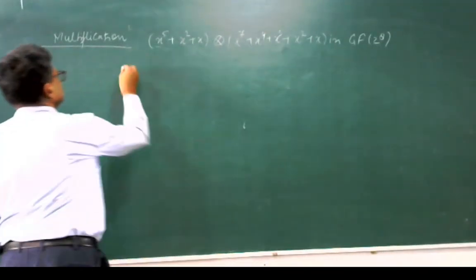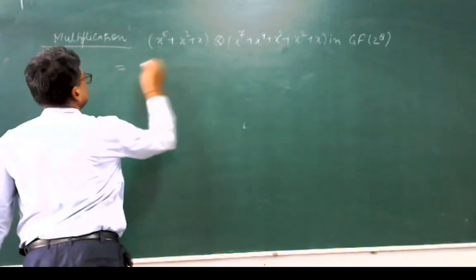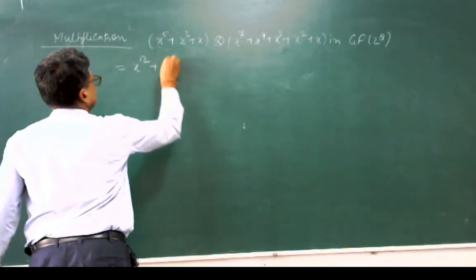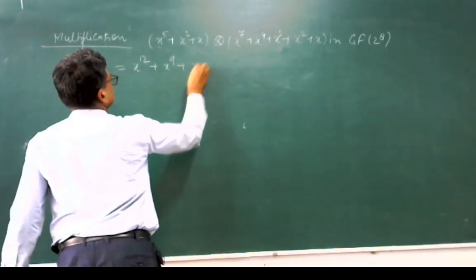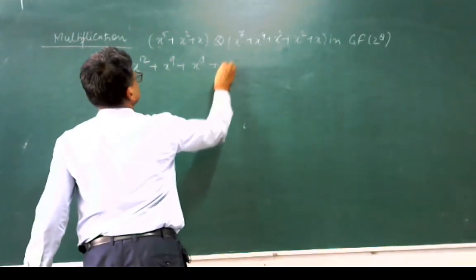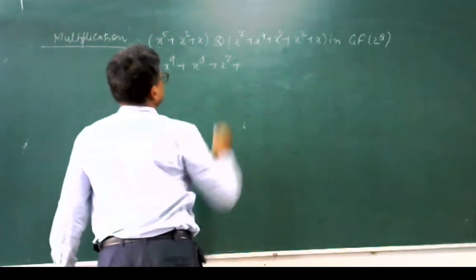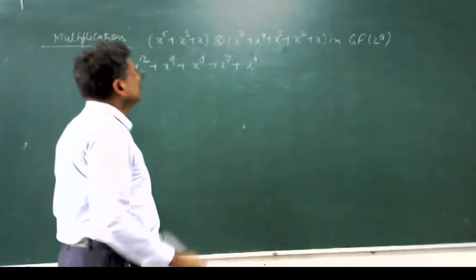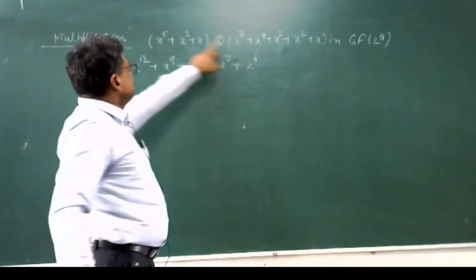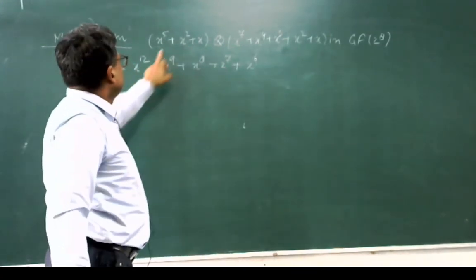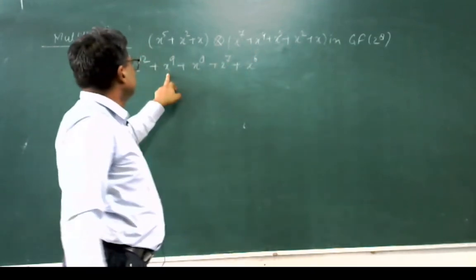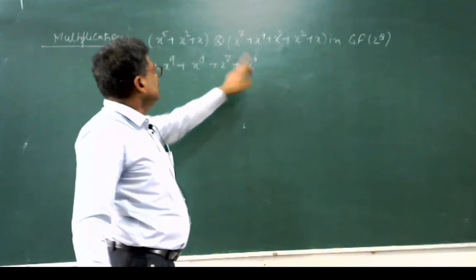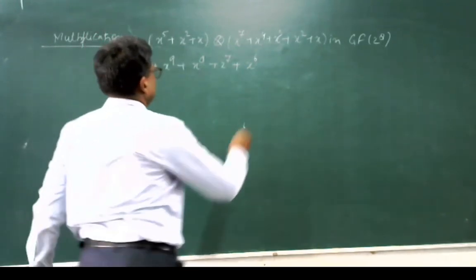So what will be the result? x5 multiplied by x7 is x12, x5 multiplied by x4 is x9, x5 multiplied by x3 is x8, then x7 and x6. Then plus